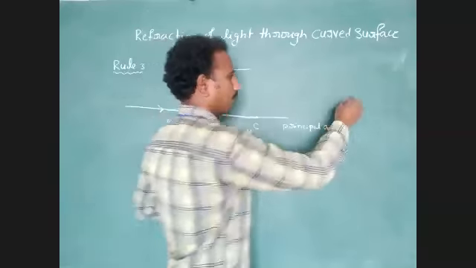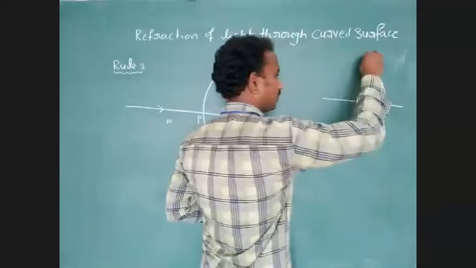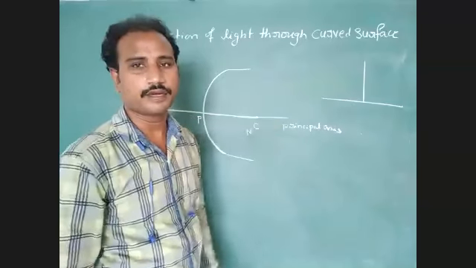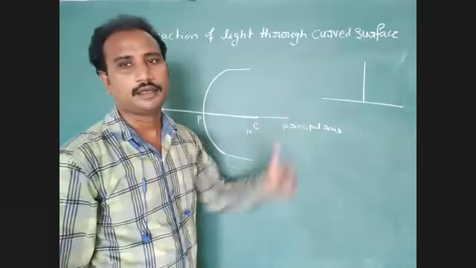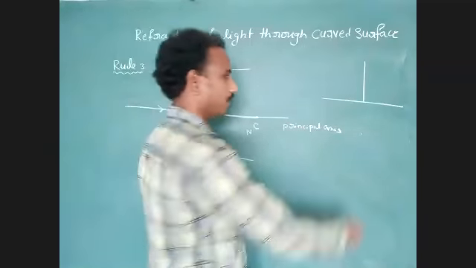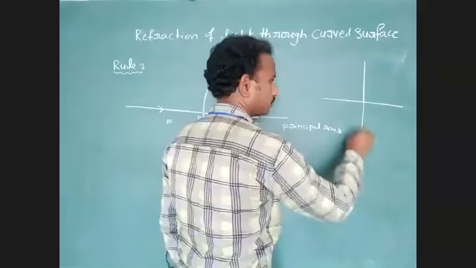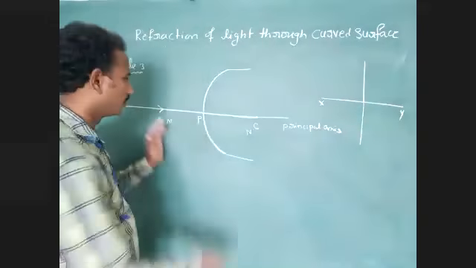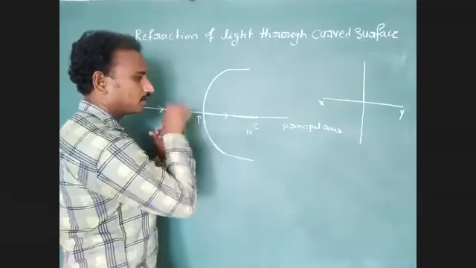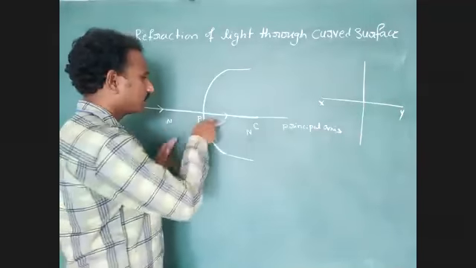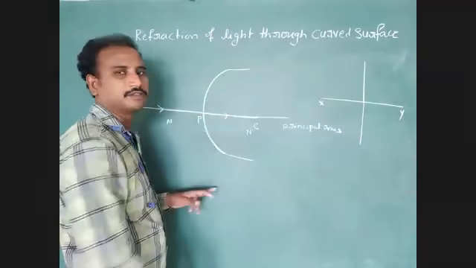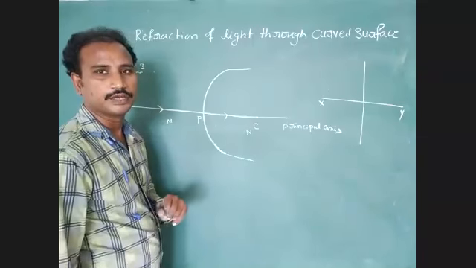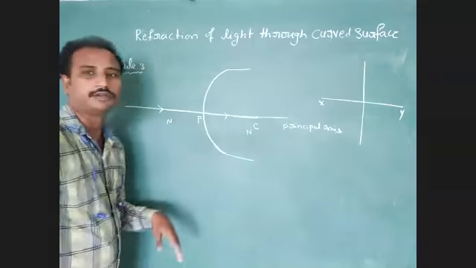This point I already explained with the help of the second law of refraction. If a ray of light is perpendicular to the refracting surface, then the refracted ray cannot deviate. It follows the actual path of the incident ray. Now we can identify the direction of the refracted ray: along the actual path of the incident ray. Okay, students, in another direction I have to represent.